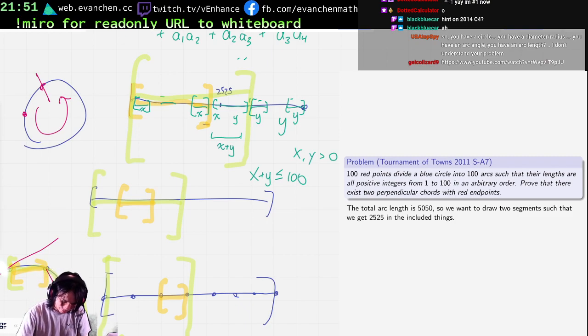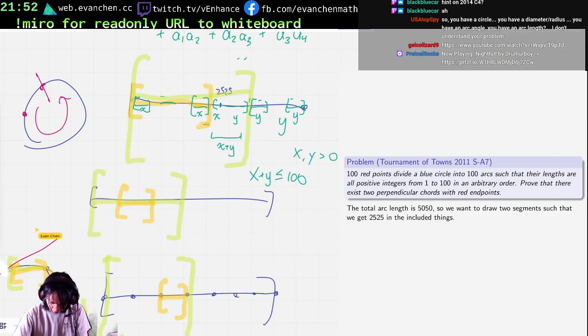So, yeah, I don't think I can force x equals y. I can force x plus y equals 100. That's something I can do. So if that's the case, does the splitting become any easier? I feel like you still run into the same bad case though. 3, 3, 97,